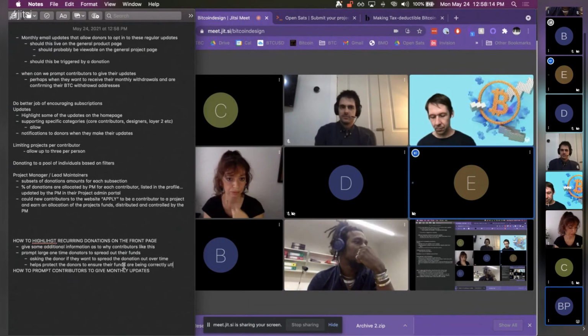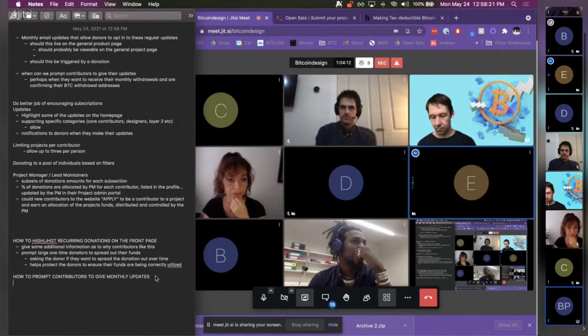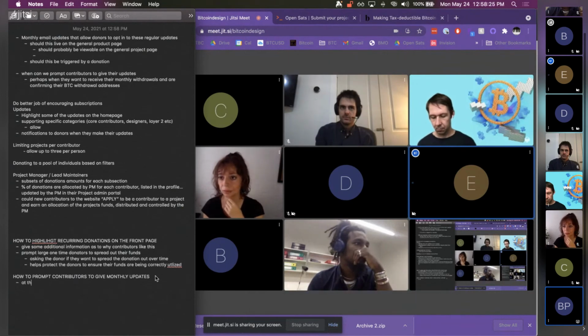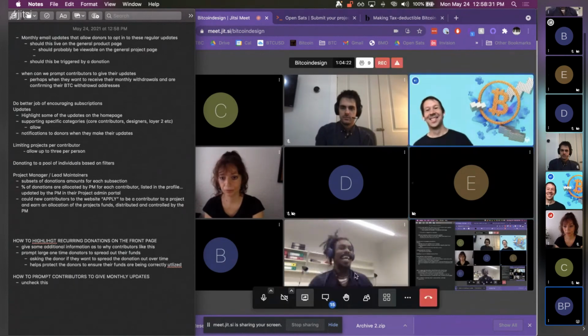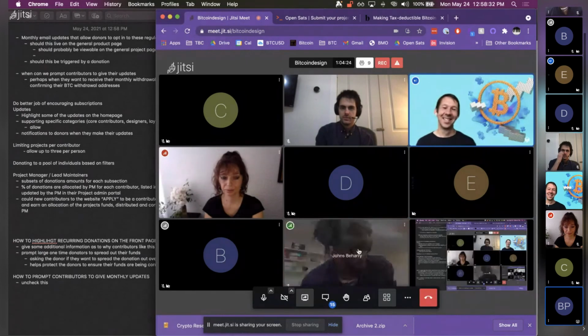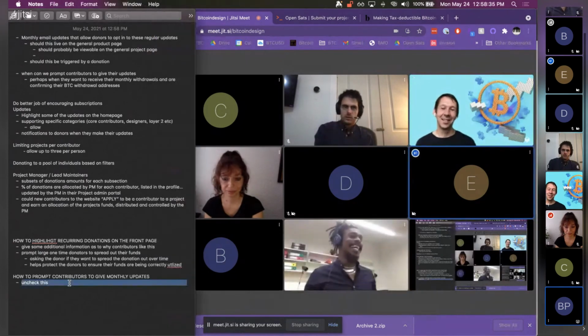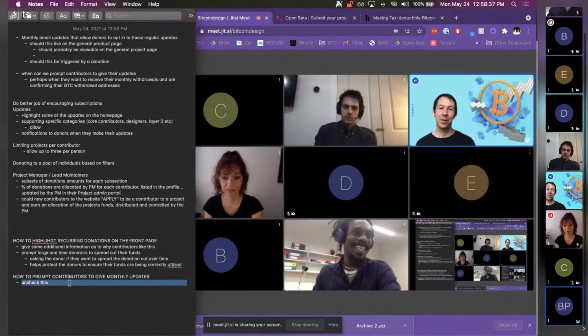Also, another way for getting people to opt into newsletters and things like that is, at the point of donation, perhaps you can say, uncheck this box if you don't wish to hear recurring updates from this company. But again, we can find some dark UX patterns for that. Don't uncheck this box if you don't not want to receive the